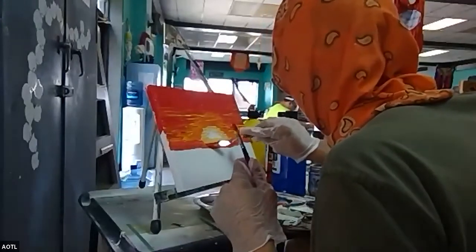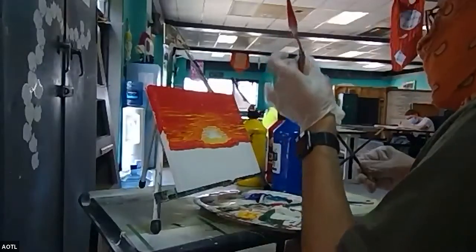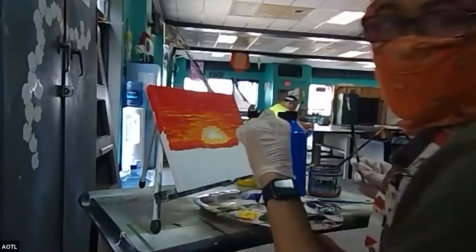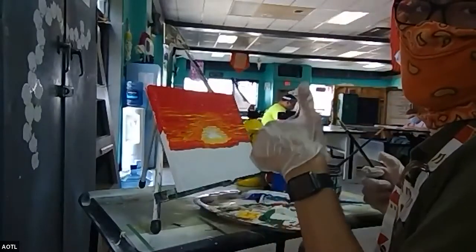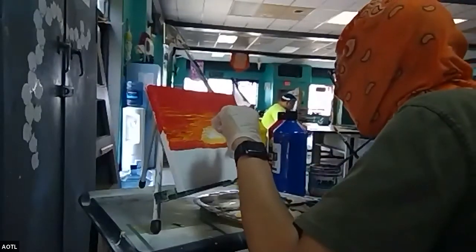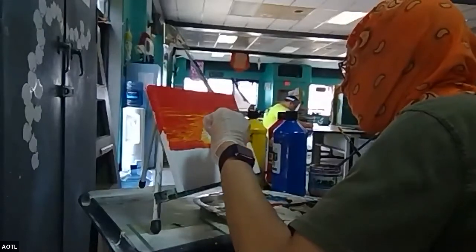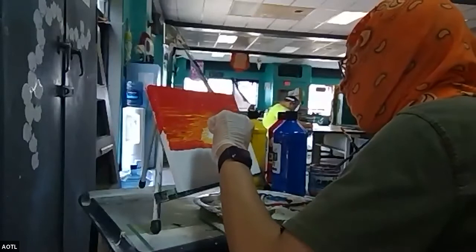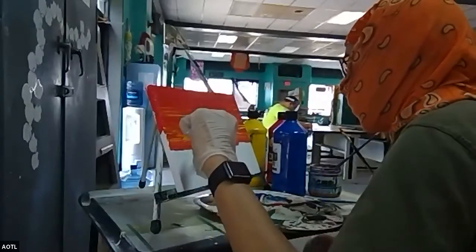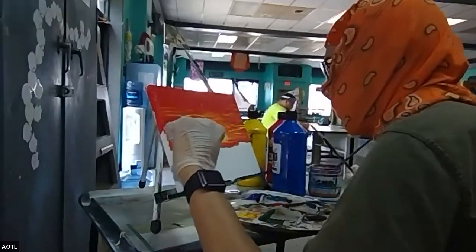Just scrape this paint. I'm going to use my left hand to... I bet you can still see, right? Thumbs up? Oh, did you get thumbs up? I think, yeah. I didn't really see, but I'm sure you just scrape along the excess paint into the yellowish white. And whatever paint there is, you just...